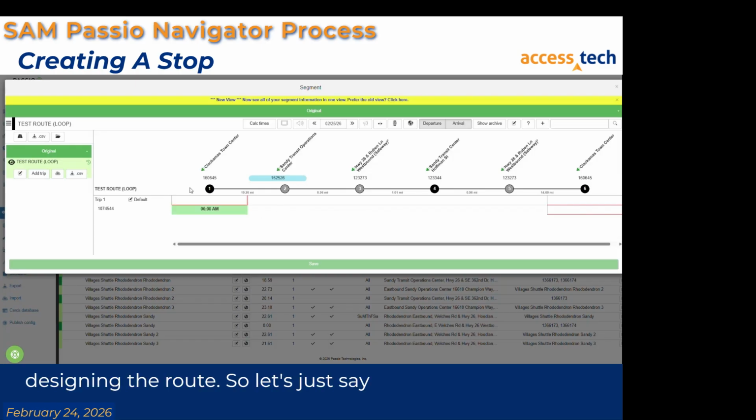designing the route. So let's just say you want to leave at 6 a.m. And in some particular circumstances, maybe you don't understand run times between all these stops in your area. I don't think that's very common, but if you didn't,